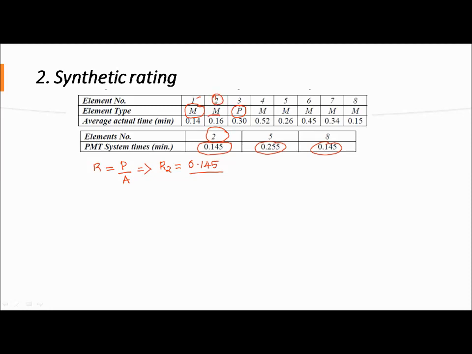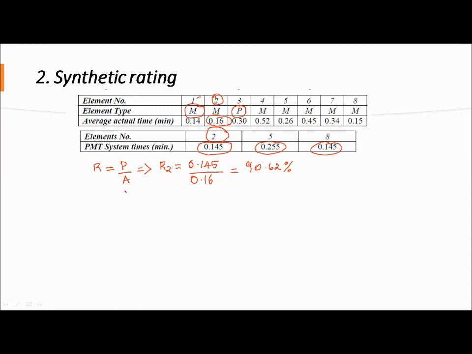The actual value of element 2 is 0.16. So you write 0.16 and find the ratio. The value comes to be something around 90.62